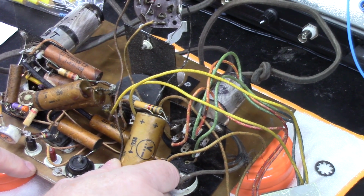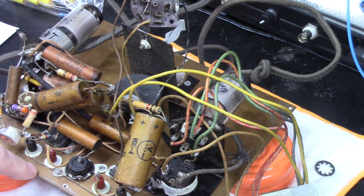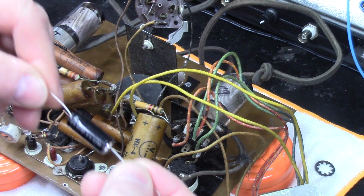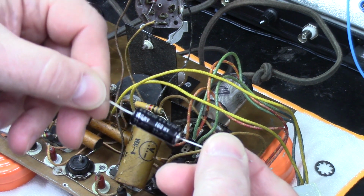This is a two-part 20-20, 150 volt working voltage, and what I've got here to replace it with are two 22s at 160 volt working voltage right here. 22 and 160. So that's what we're going to put in it,